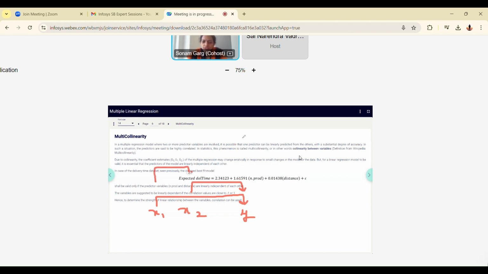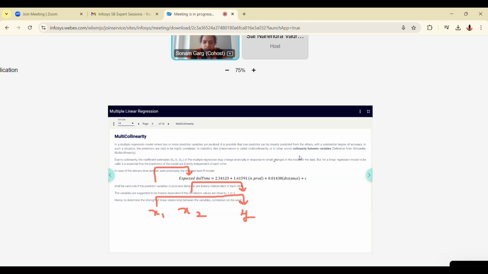There was a linear relationship between x1 and x2 also. You remember in the scatter plot? X1 versus x2. If you go back and check the scatter plot, there was a relationship between x1 and x2 also, which tells us that if x1 increases, x2 tends to increase, or vice versa. You can take if x2 increases, x1 also increases.